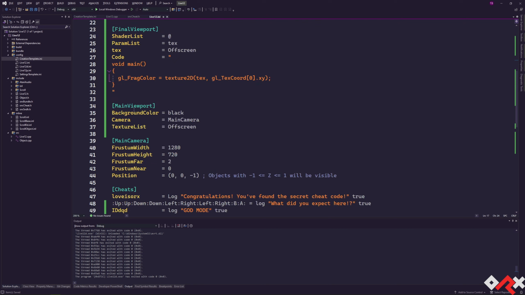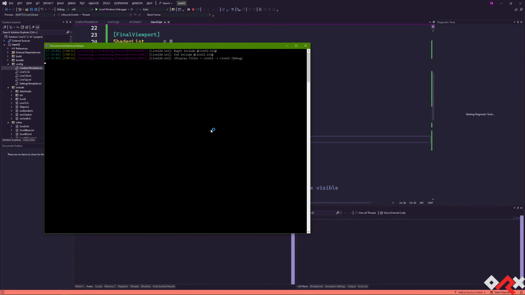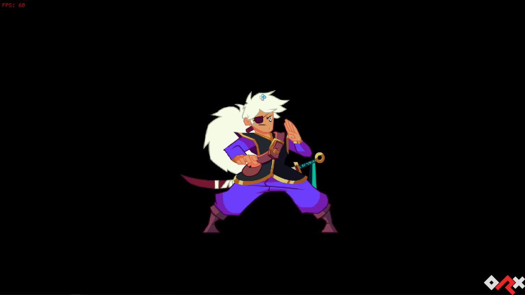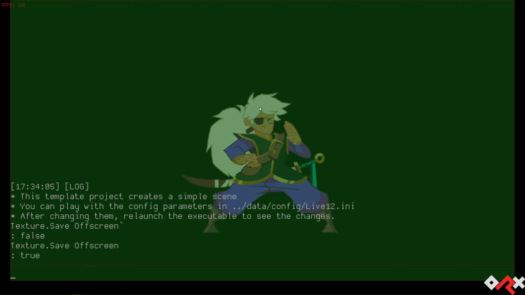And it's very easy. In our viewport here, we're just going to give a size to that viewport. And because we give it the size, let's target 1080p. There we go. You can see that now it's a bit more jagged, because we actually are rendering to 1080p and then upscaling later without the smoothing. And if we were to save that texture,